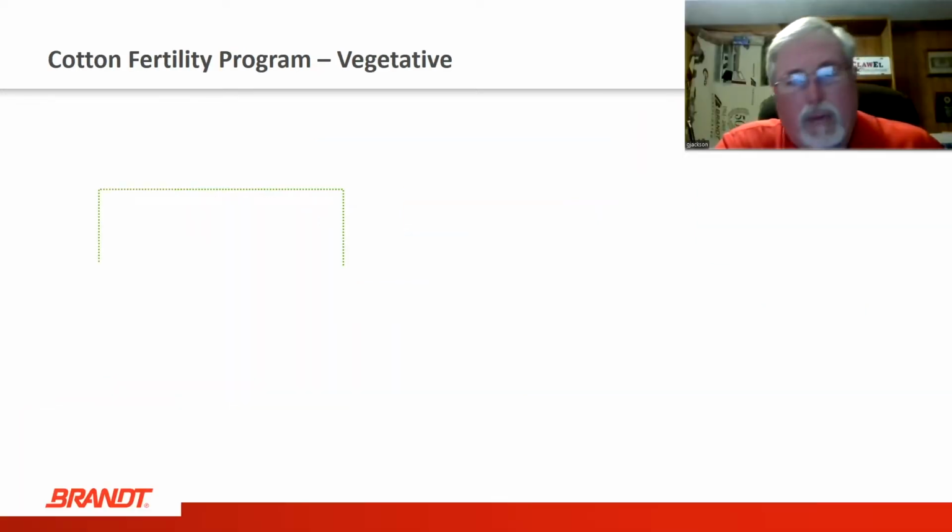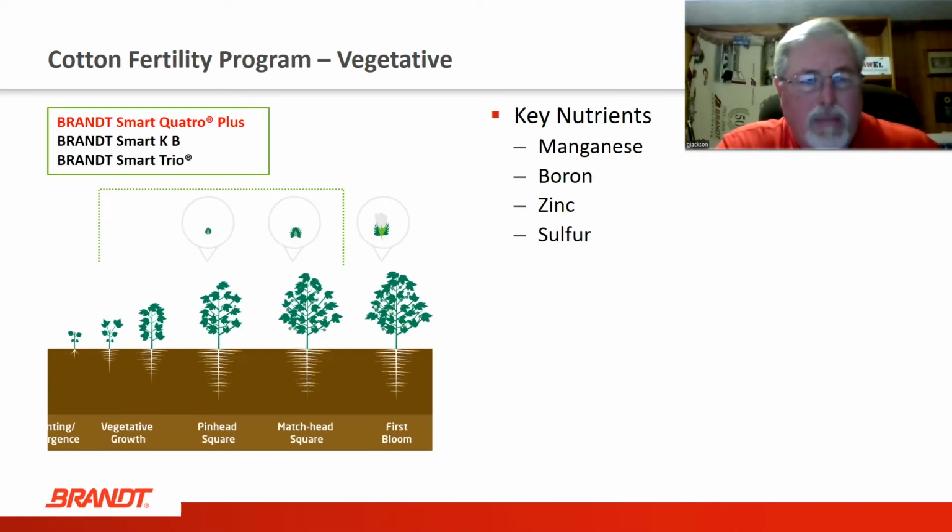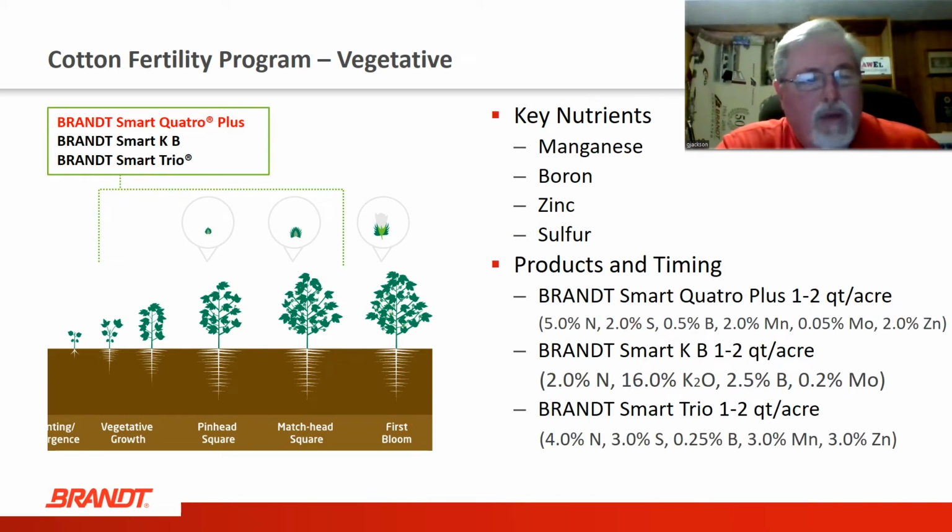So we got the plant established with the early Ends-Up zinc, Ends-Up manganese. And then we got into the vegetative stage, the second stage of the growth we discussed, which runs from pinhead square to matchhead square up to the first bloom when those squares open up. At that time, after the herbicide, you're putting on the Quattro Plus, which is a zinc, manganese, boron, molybdenum, and sulfur product that's compatible with